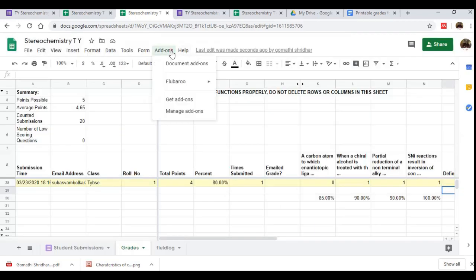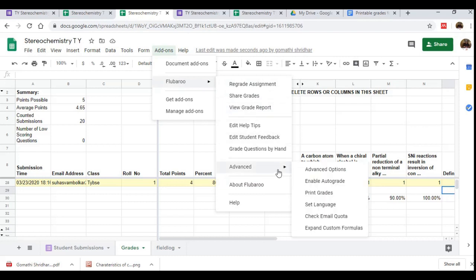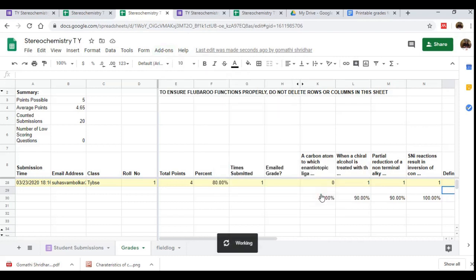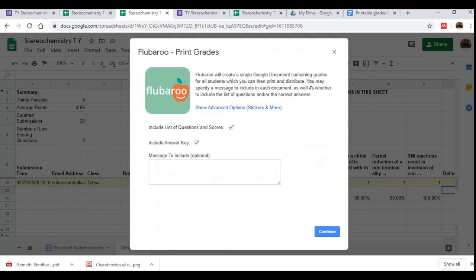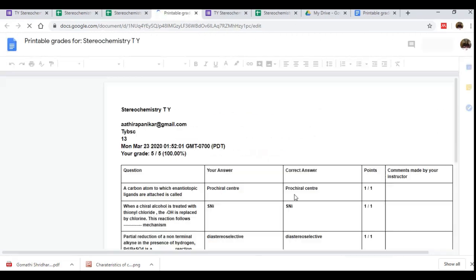Flubaroo can also have some advanced options, like it can print grades. This will create a single Google document which will contain the grades of all students. This can be later printed and distributed. So if I click continue, it will generate a Google Sheet which will be called Printable Grades.